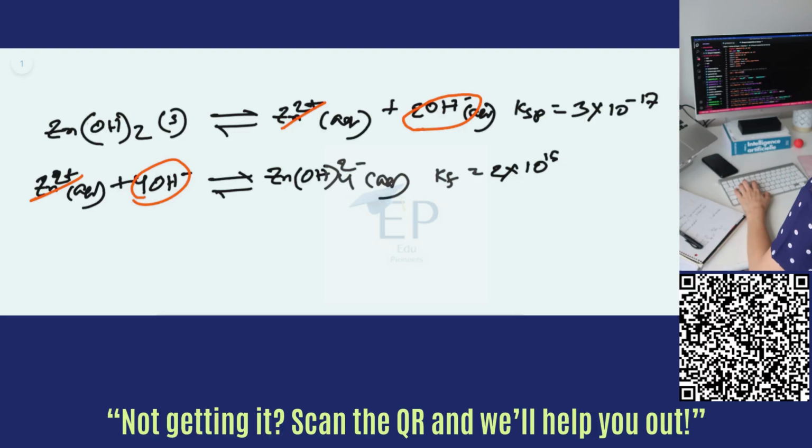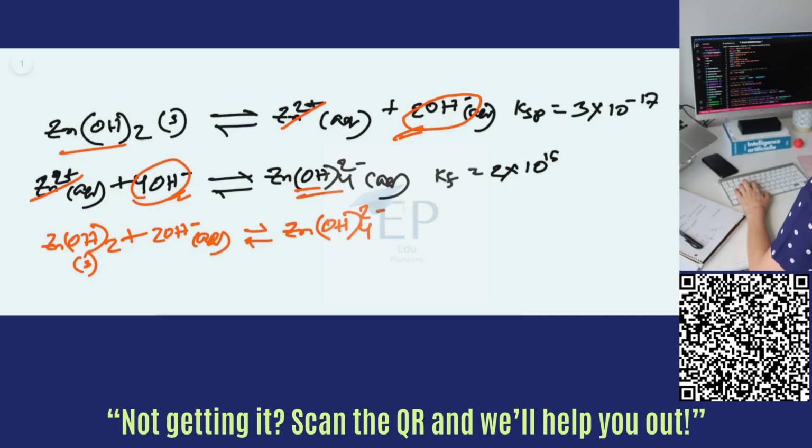So if we just combine them, we can first write this one, Zn(OH)2, we can subtract this one from this one to write down 2OH minus, this is a solid and this is aqueous, and then in the right hand side we'll have only this one, Zn(OH)4 2 minus,